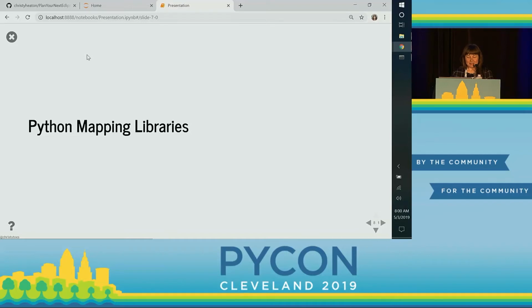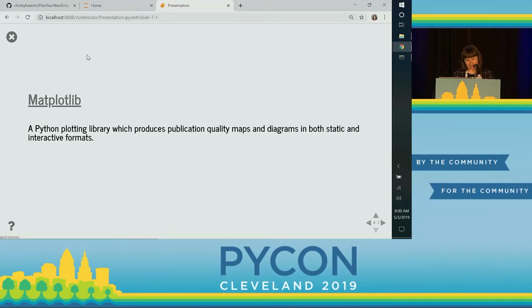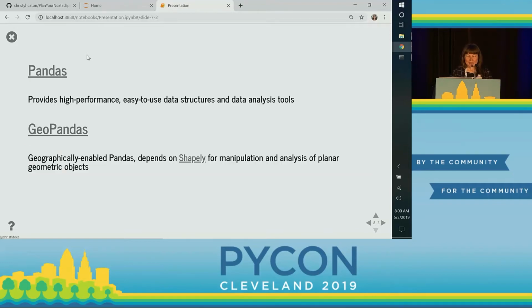So to answer these questions, we're going to use some Python mapping libraries. We're going to use matplotlib, which is a really nice plotting library. Makes really publication quality maps and diagrams. They can be both static and interactive. So we'll import that. And then we're also going to use pandas and Geopandas, which is mentioned in my